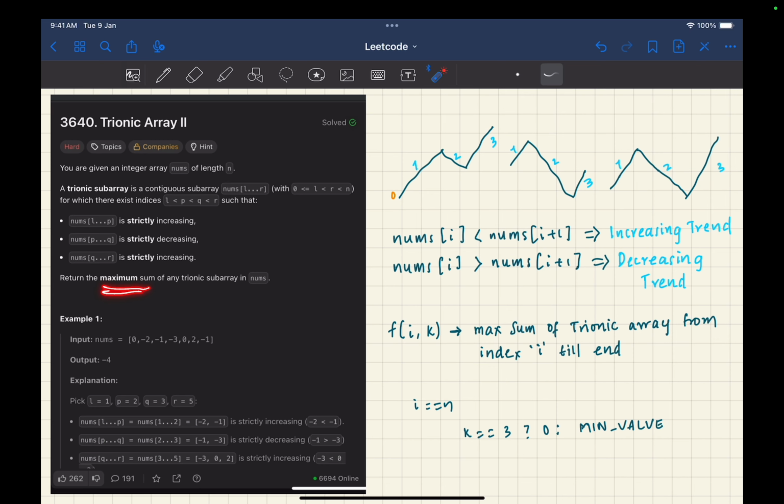Return the maximum sum of any trionic subarray in nums. If you see from here all the way till the end, this is a valid trionic. If you choose from here all the way till there, this is also valid trionic. Or if I choose to start at this and end over here, this is also valid